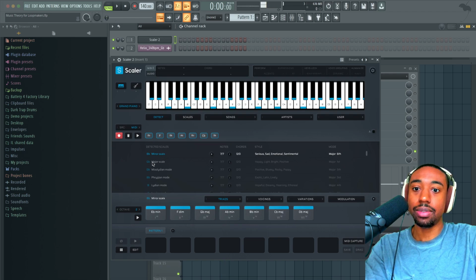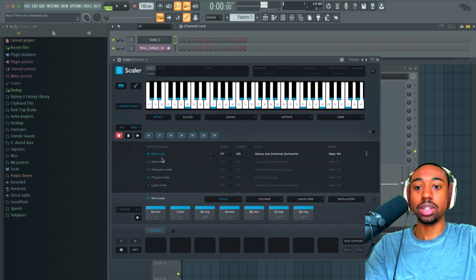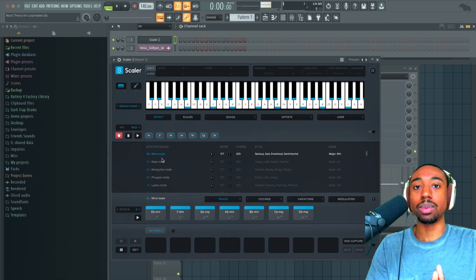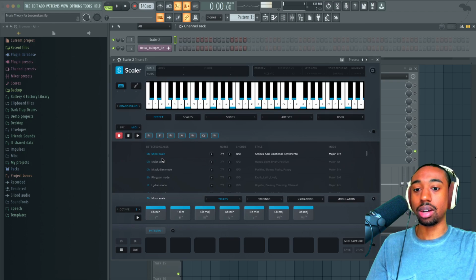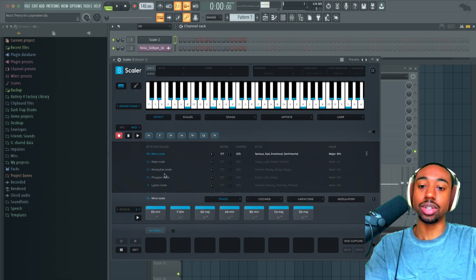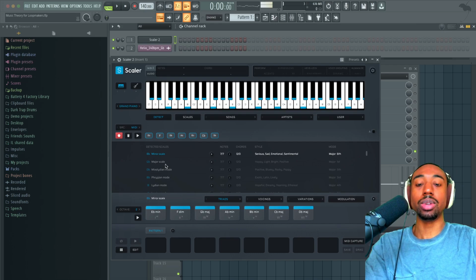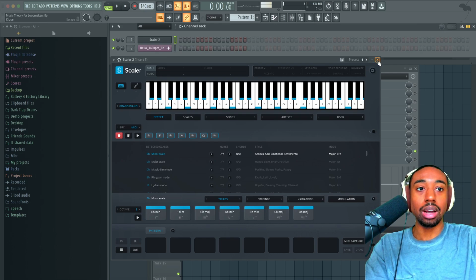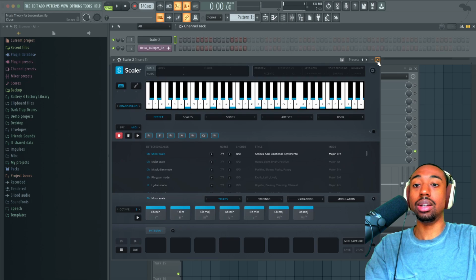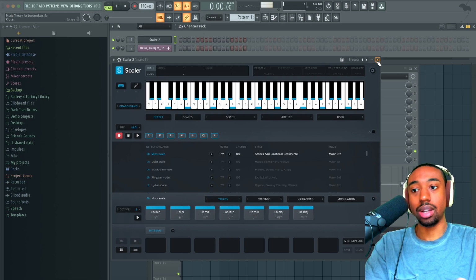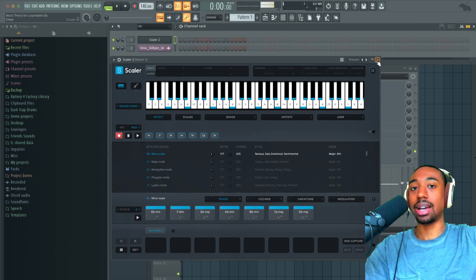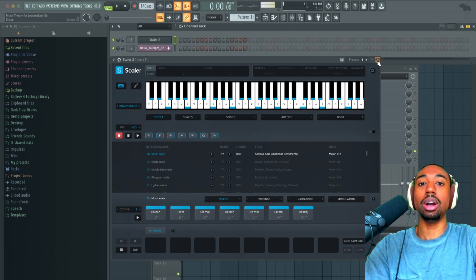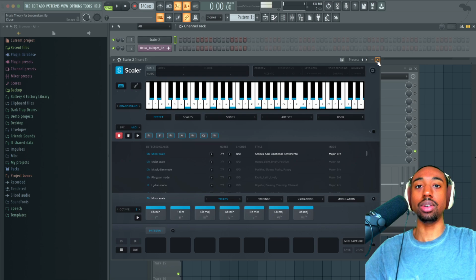Okay, and then we have G flat major as one of the options, or also the E flat minor scale. For the most part, when you're dealing with scales, you're going to be talking about the minor or the major. Rarely are you going to be talking about modes like Mixolydian, Phrygian, Lydian, and all the other modes. So when you're labeling stuff in your loop making process, try to keep it to major or minor, unless you're going out to some exotic scale, because it's going to be harder for the user to know what the heck is going on.